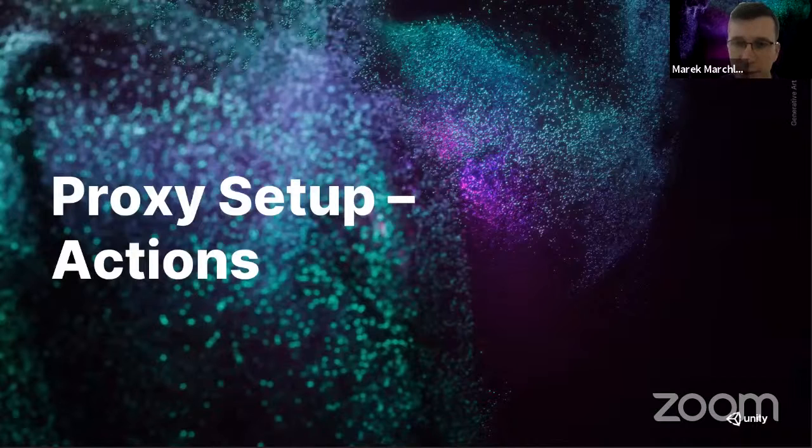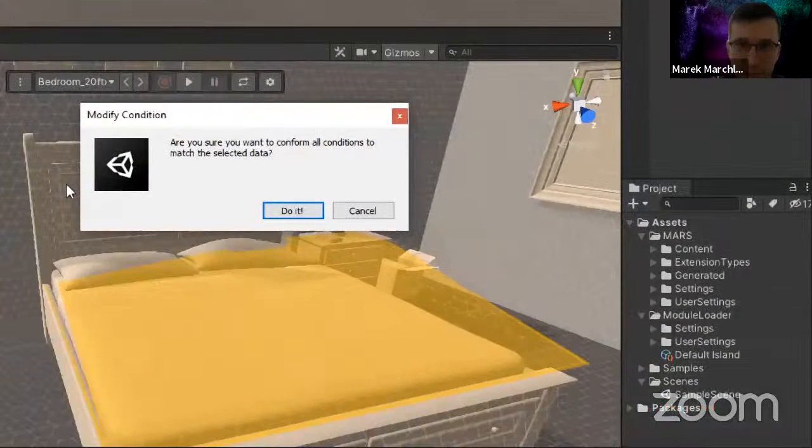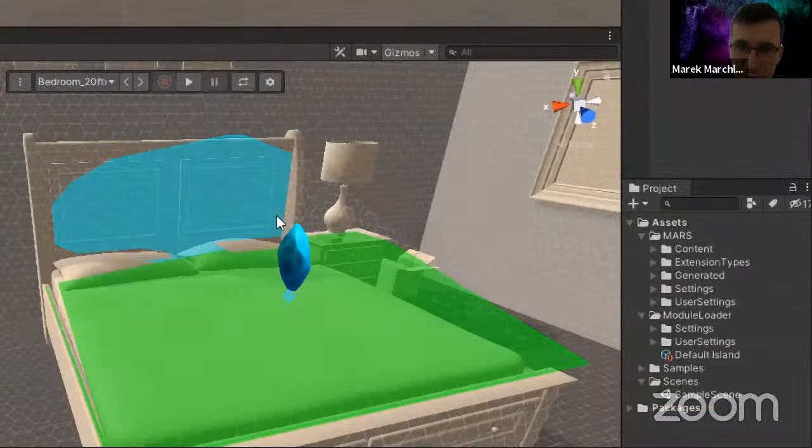Okay, so now let's talk about actions. Once we detect the proxy, once we detect the surface, we can perform certain actions on that proxy with the matched surface. So let's select the bed and optimize conditions to match the size and elevation and all of that. And what I'm going to do now, just for demonstration purposes,